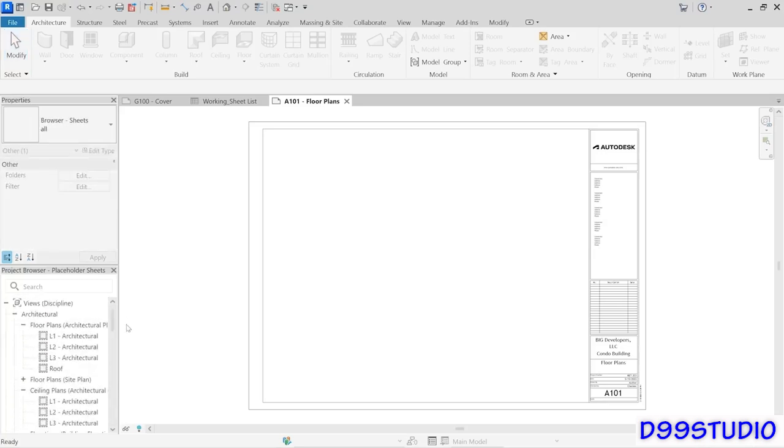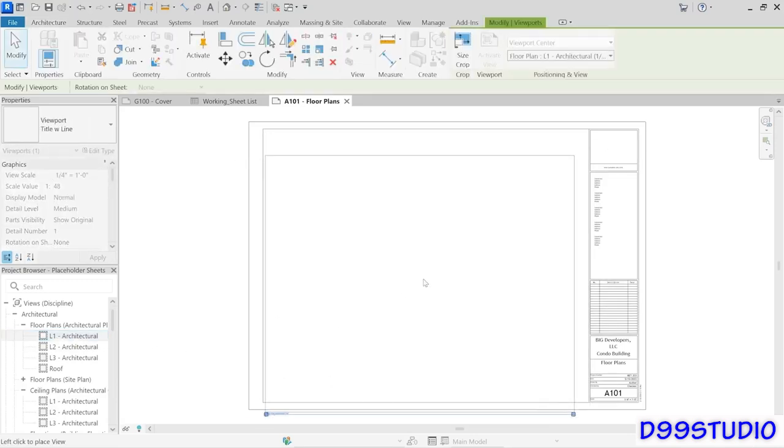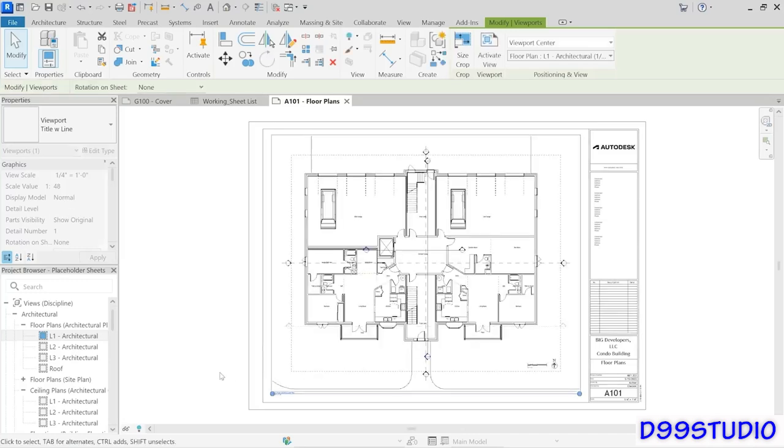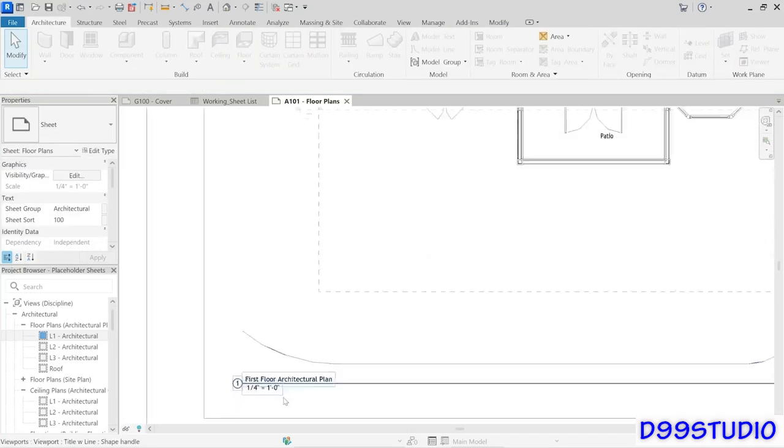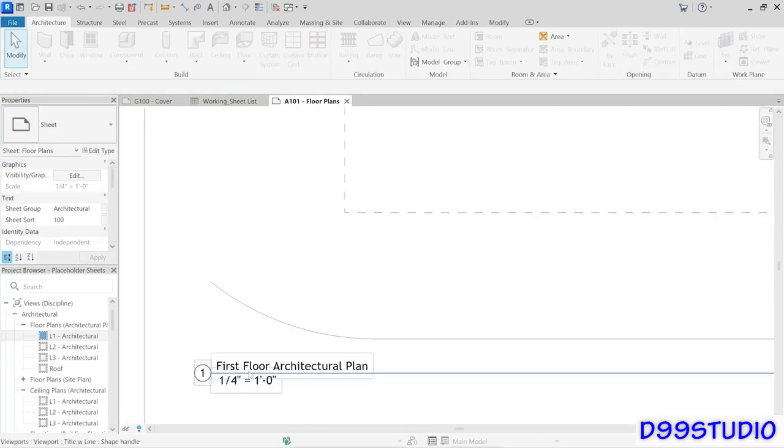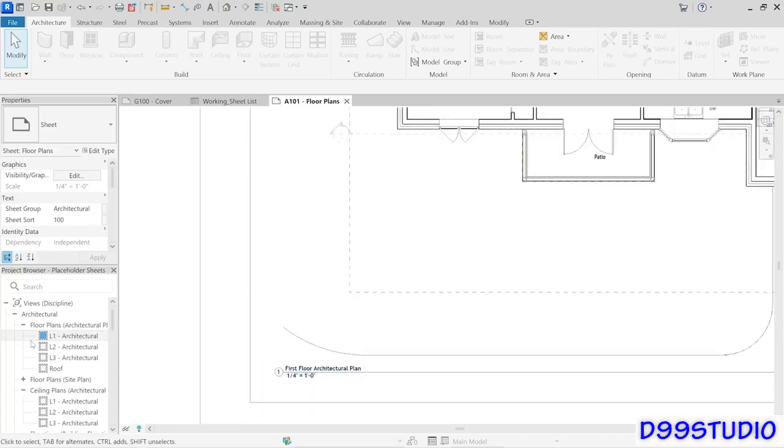So let me scroll back to the top, and I'm in the A101 sheet. That's my first floor plan. I'll drag and drop and place my floor plan where I want it to go. Down here at the bottom, notice that it says first floor architectural plan. The reason for that, even though this is L1 architectural, is because each view also has a setting